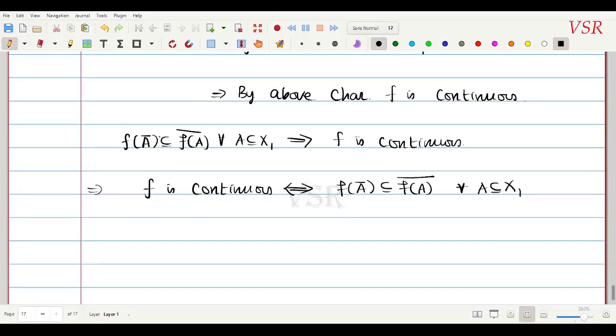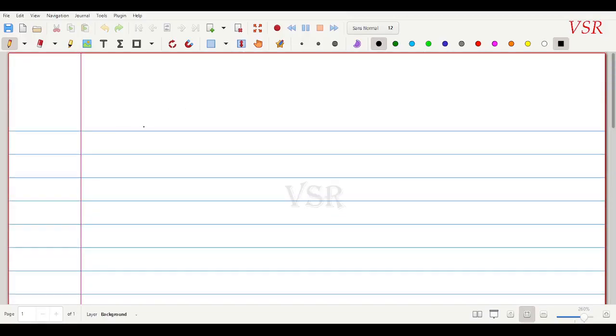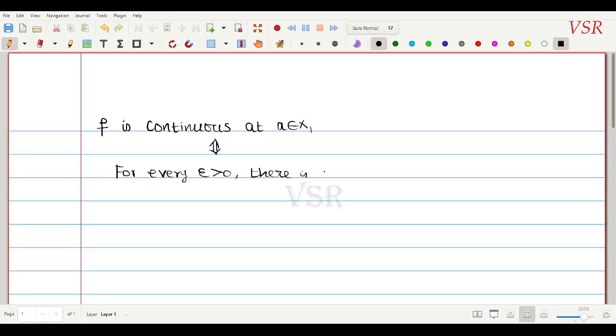நம்ம நேத்திக்கு ஒரு 2 characterization பார்த்திருக்கோம், இன்னைக்கு 2 characterization பார்த்திருக்கோம். இது வரைக்கும் நம்ம என்ன பார்த்திருக்கோம் அப்படிங்கறத I'll put it in a nutshell. That is F is continuous at a point A, okay, A belongs to X1 if and only if, என்ன condition அப்படின்னா, first definition எழுதிக்கிறேன். For every epsilon positive, there is a delta positive. Of course delta depends upon your A, delta which is equal to delta of A positive, such that